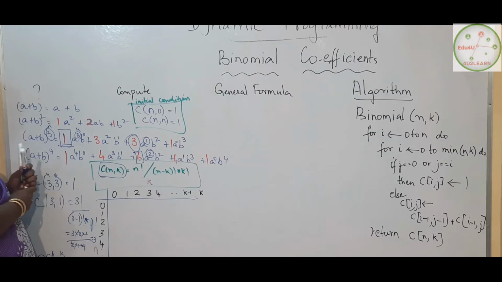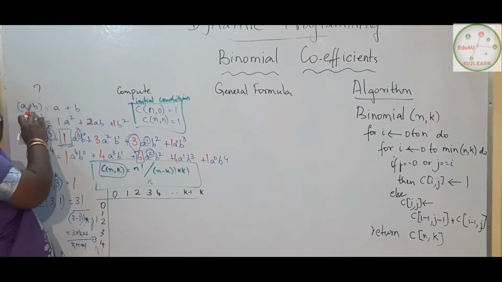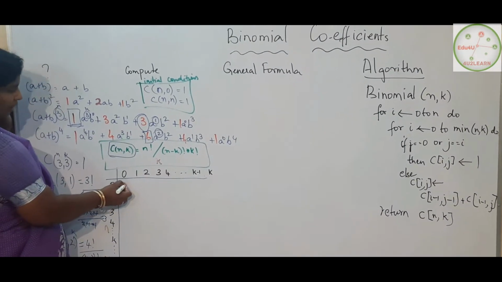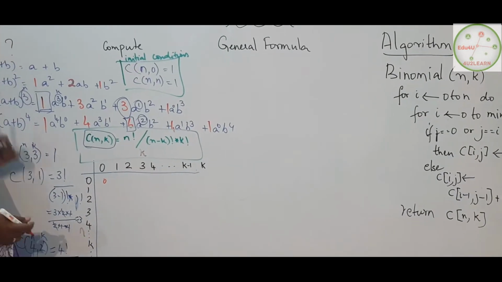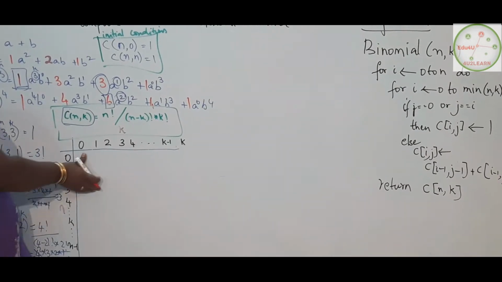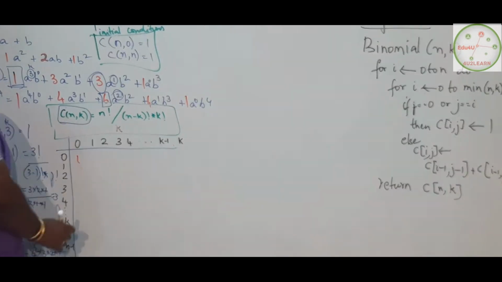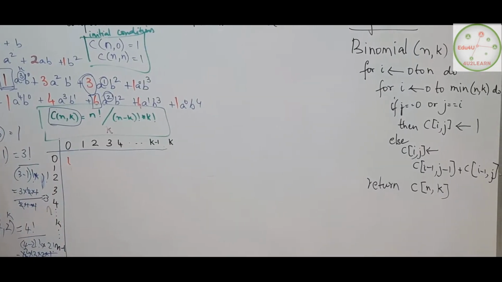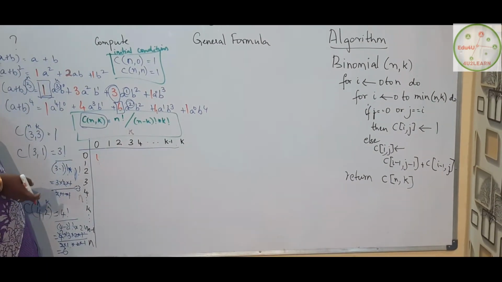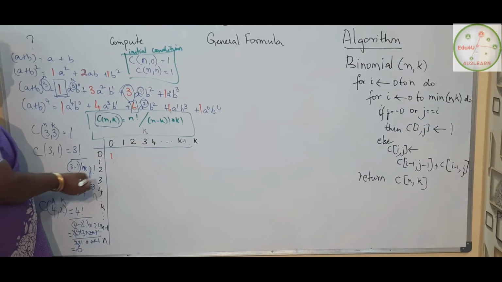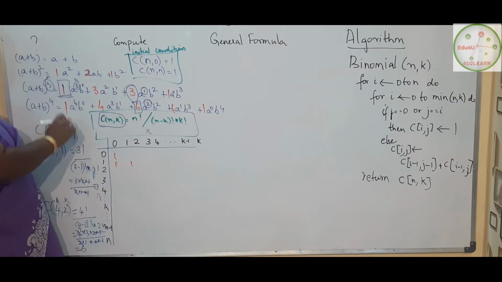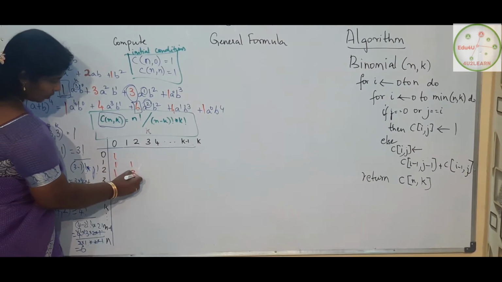So now for 0, that is this value, I do not have any other coefficients as such. It's going to be 0 only. So I don't have any values given. Okay, so for 0, I have 1 as the coefficient. When it comes to 1, 0 means I have no variable at all, so it is going to be 1. So here when it is raised to 1, the first variable and the last variable are going to be 1. When it is raised to 2, this is going to be my